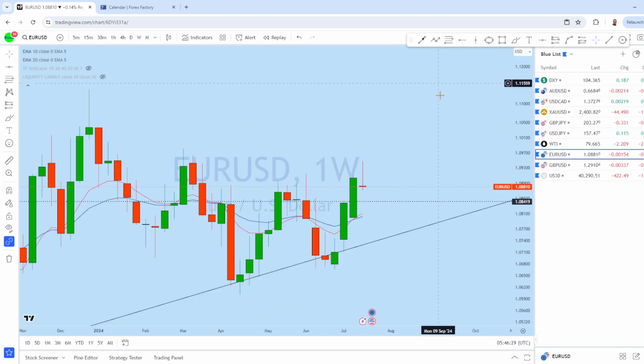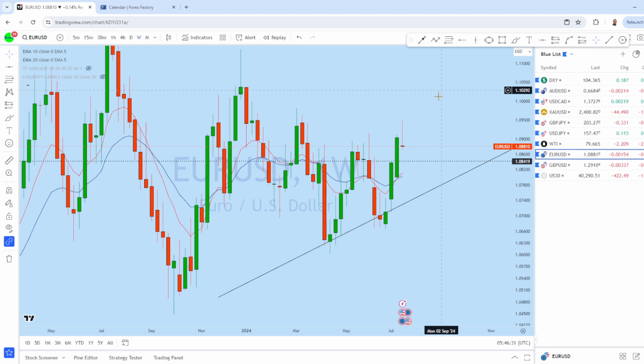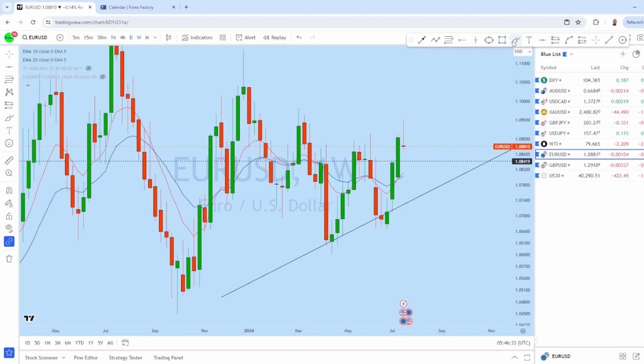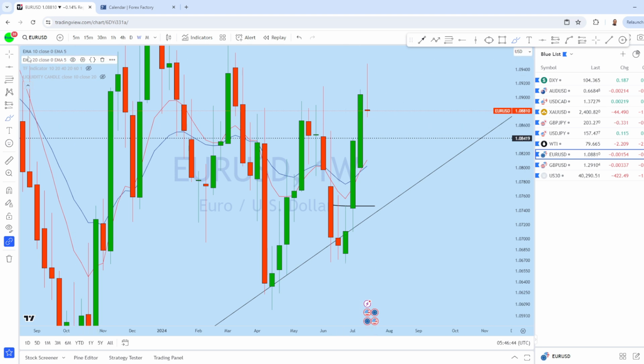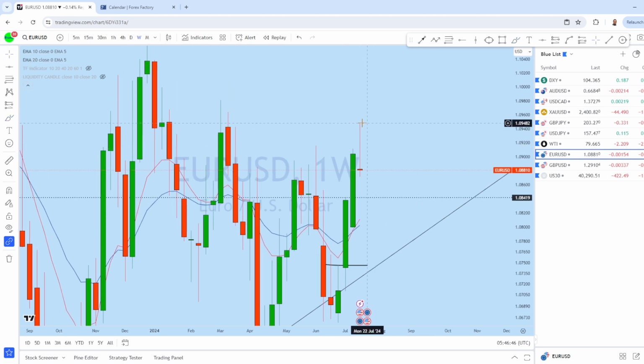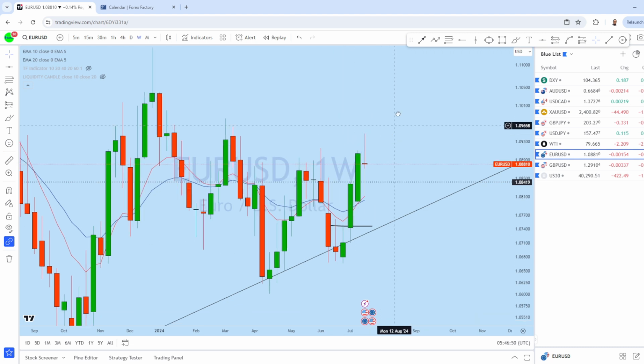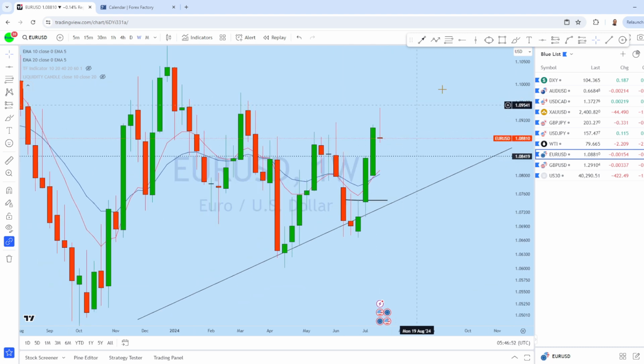Now looking at the weekly chart to see how the market is doing, we can see that from the weekly there is a gap opening here. That gap is quite significant. We saw that the market has made a bounce to the upside on euro dollar. There is a doji on the weekly time frame, and this weekly doji is quite significant. As you can see, back to back 3 weeks of bullish move, followed by the market dropping down,